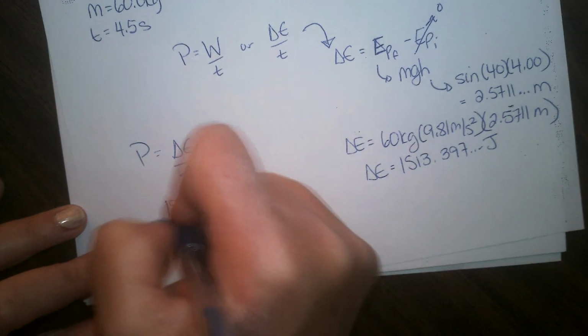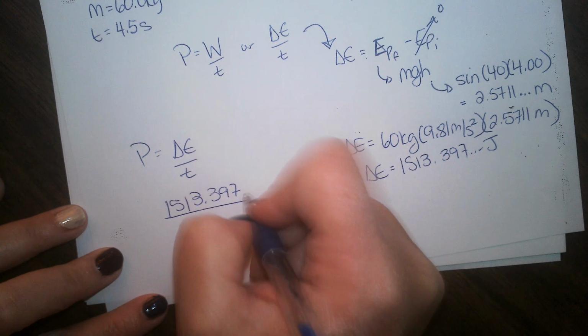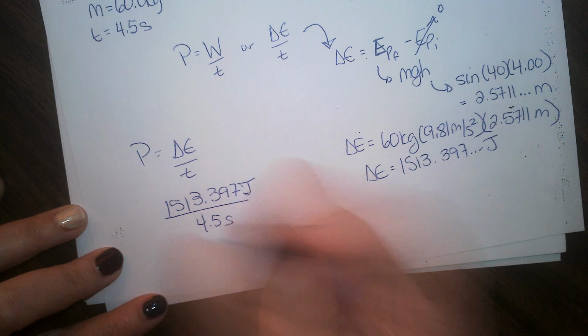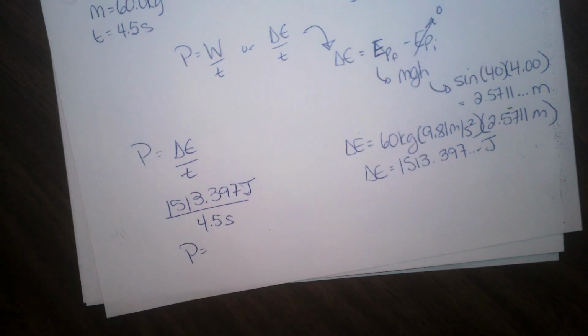Okay, so we're going to get 1513.397. You're going to use all your decimals. And we're going to divide it by the 4.5 seconds. For our power to be equal to,